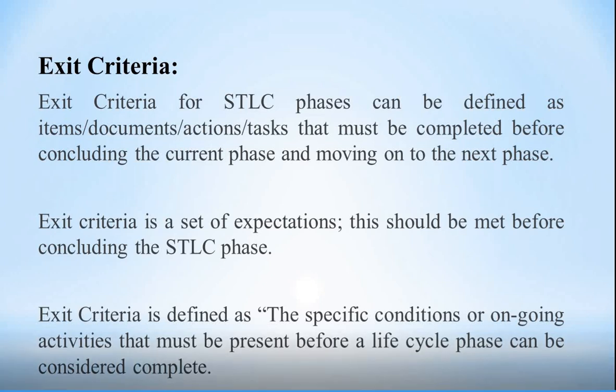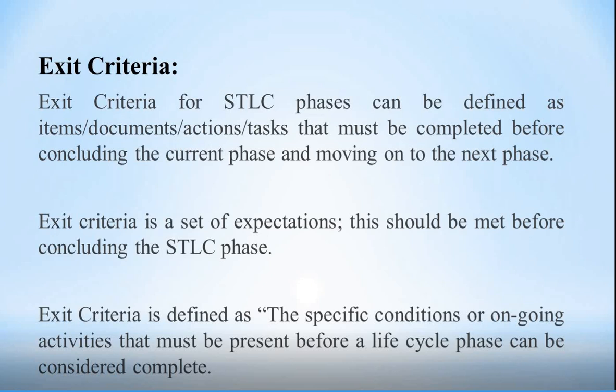Then test data, which is nothing but the input data which is going to be tested. Then expected result, which means the tester's required result. Then actual result, the result which we get after completion of the testing. And the last one is the test status, either pass or fail. If the actual result and expected result are equal, then our status will be pass. If the actual result and expected result are different, then our status will be fail.